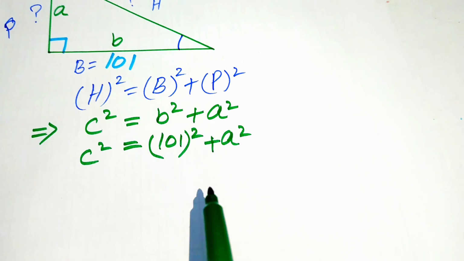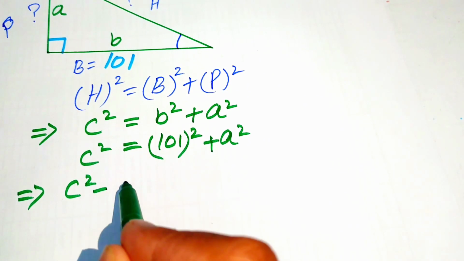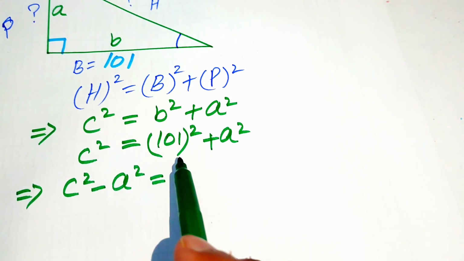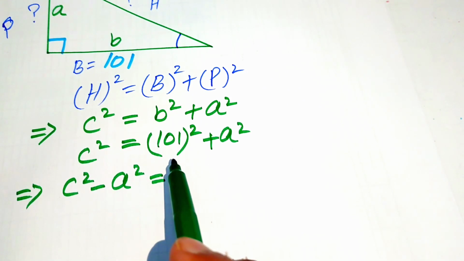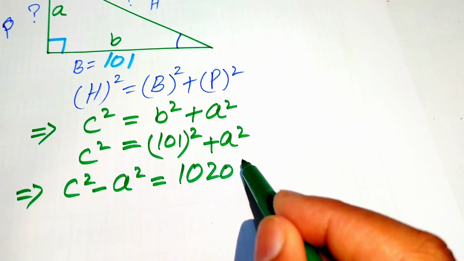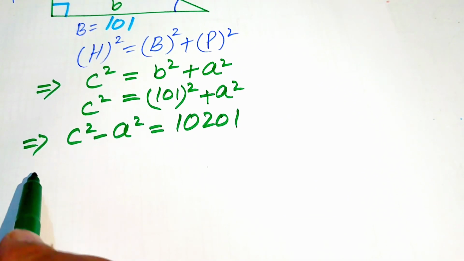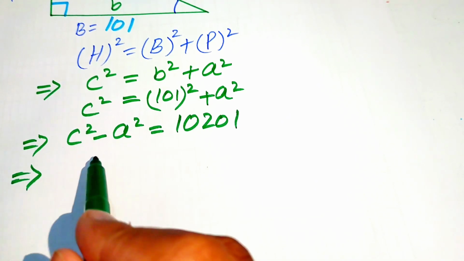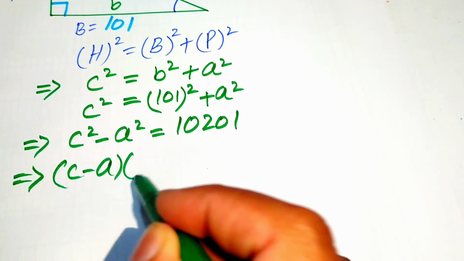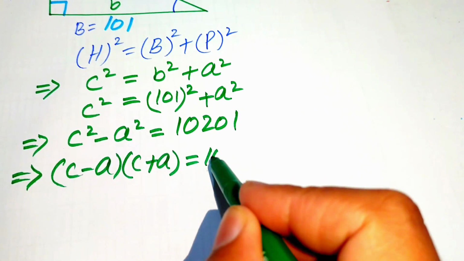And now we move this a square to the left hand side, and it becomes c square minus a square equals 101 square, and we know that 101 square equals 10,201. And now in the left hand side you see here we have a nice square identity, so it will be equal to c minus a times c plus a equals